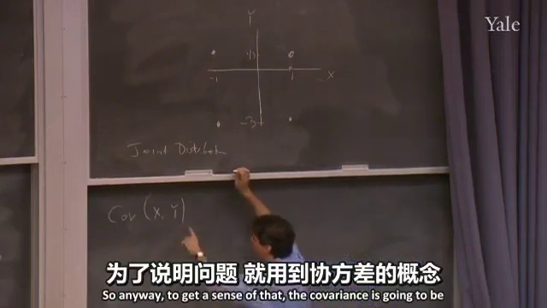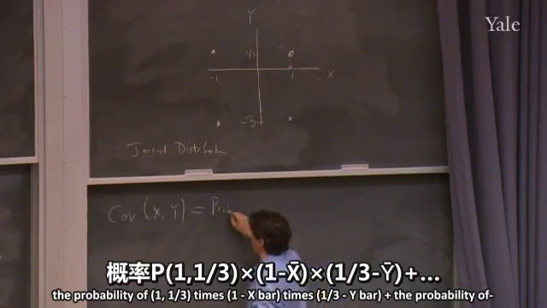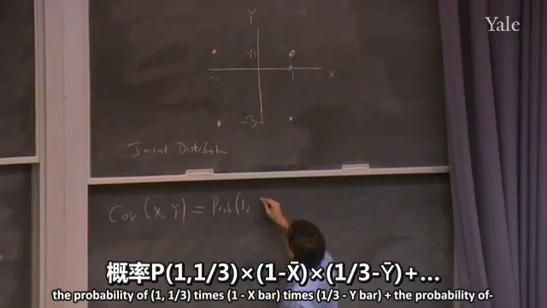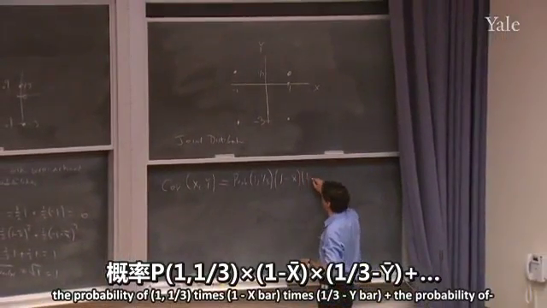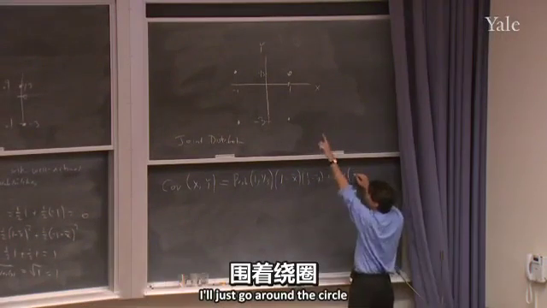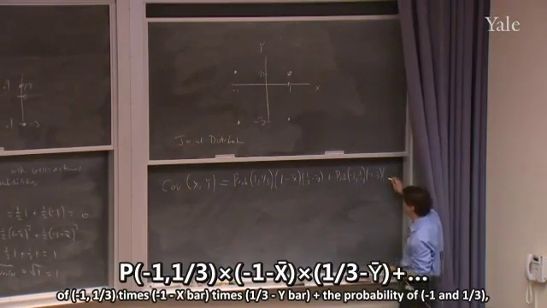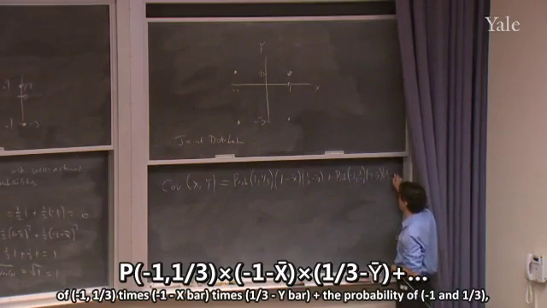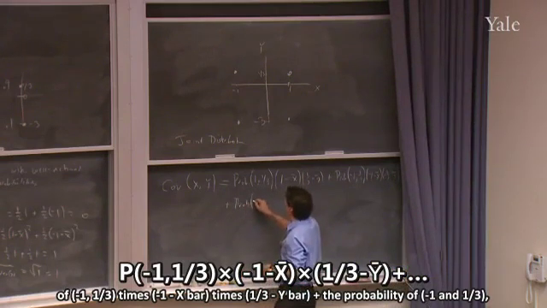So anyway, to get a sense of that, the covariance is going to be the probability of 1 comma a third times 1 minus x bar times a third minus y bar, okay, plus the probability of, I'll just go around the circle, of minus 1 comma a third times minus 1 minus x bar times a third minus y bar, okay, plus the probability of